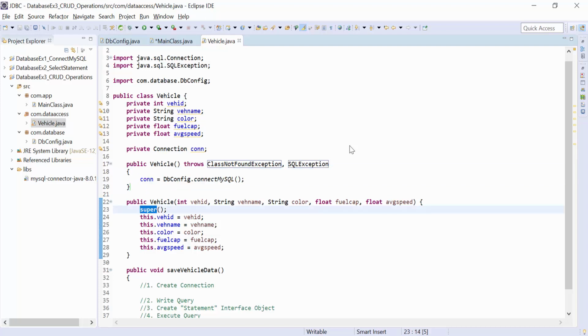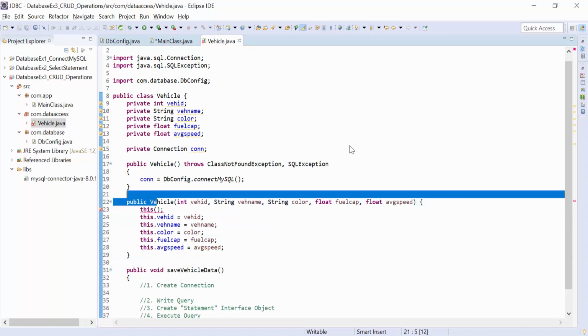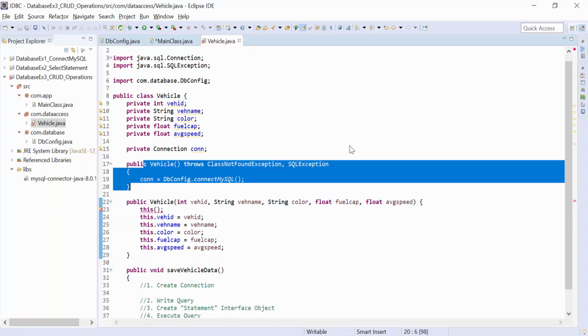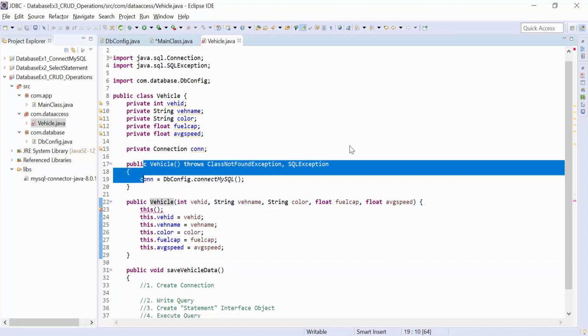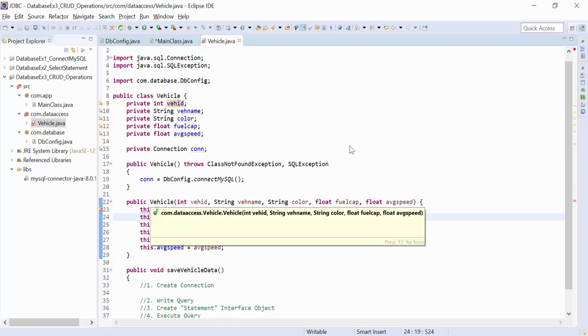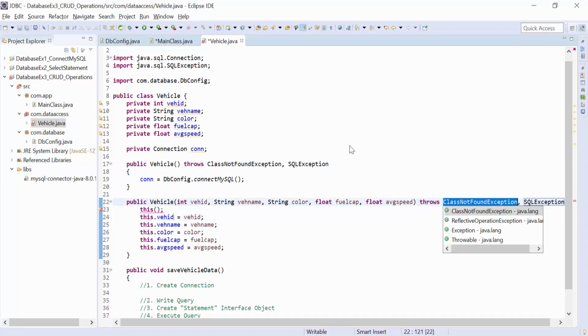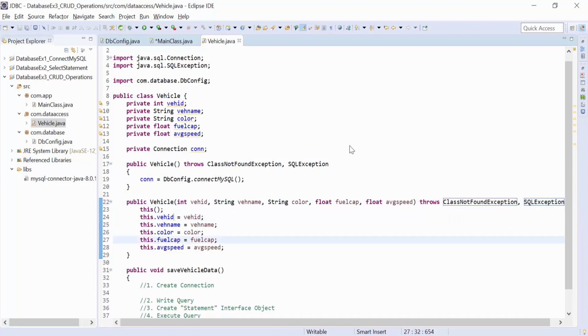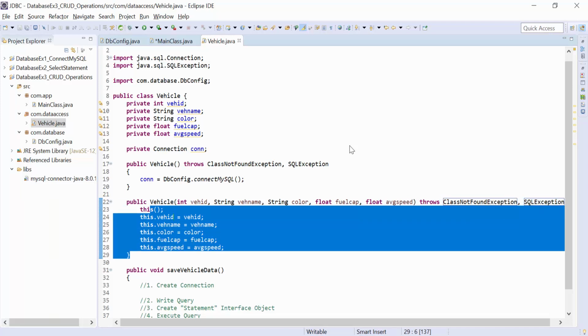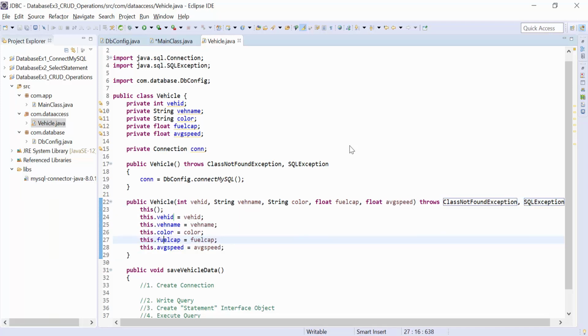Okay, now here we call this constructor, so the second constructor calls the first constructor and it creates the Connection object. Now this function is also going to throw the exception, because if we call a function that throws an exception, then the function needs to handle exceptions thrown by any function. So like this we handle.